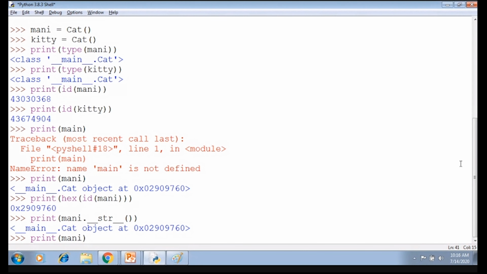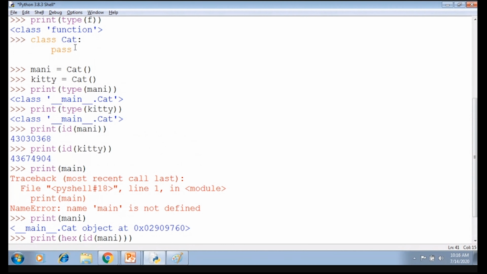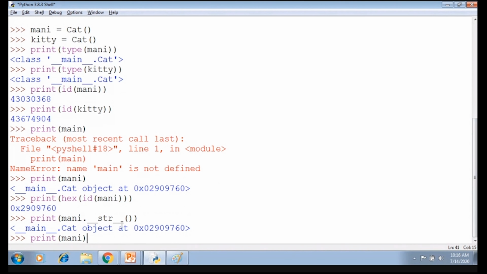I have created an empty class, isn't it? See, your class is empty. This class doesn't have this method. And then how has it called it? So actually it has called it from its parent class. You understanding? And who is the parent of money? Money's object class is cat. And who is the parent of cat class? Object class. And in object class, this method is already there.